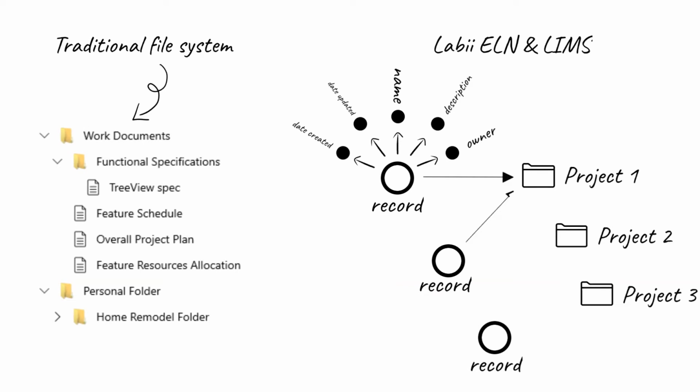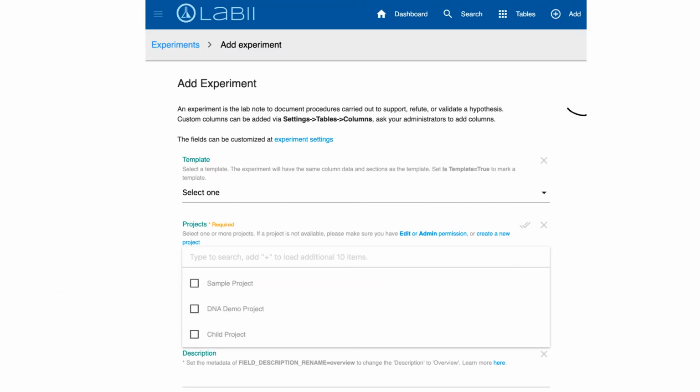One record can be tagged with one or many projects. A project in Libby is similar to a folder. To create a record, the users do not need to navigate to a folder first. One or many projects can be assigned to a record during the creation, and they can be easily updated just like other attributes.